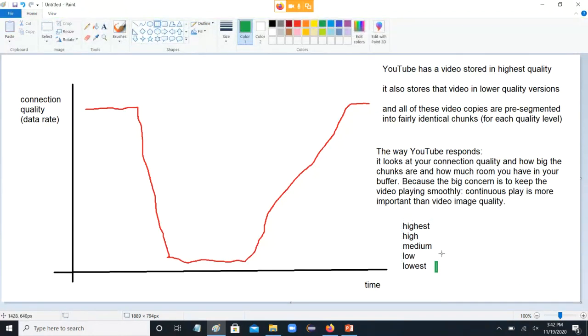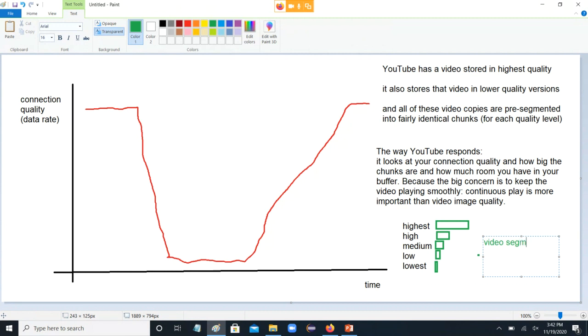It's going to be a very small chunk of data. Low is not going to be much bigger. Medium is going to be bigger. High is going to be bigger still. And highest is going to be the most data. Okay? So I'll mark this as